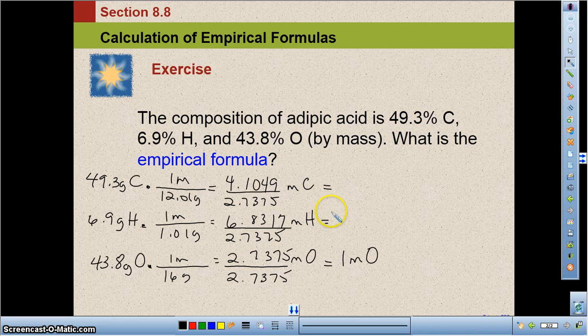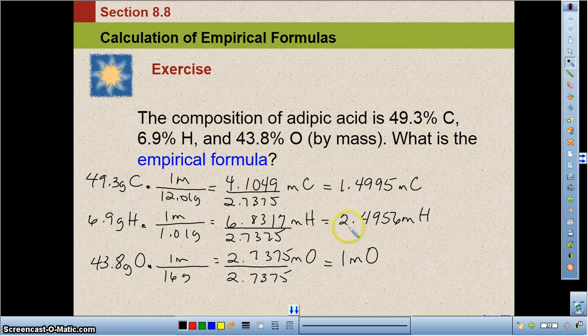4.1049 divided by 2.7375. That's going to be 1.499 moles of carbon. 6.8317 divided by 2.7375. We have a total of 2.4956 moles of hydrogen. Okay, again, we don't have round numbers, close to whole numbers, I should say,